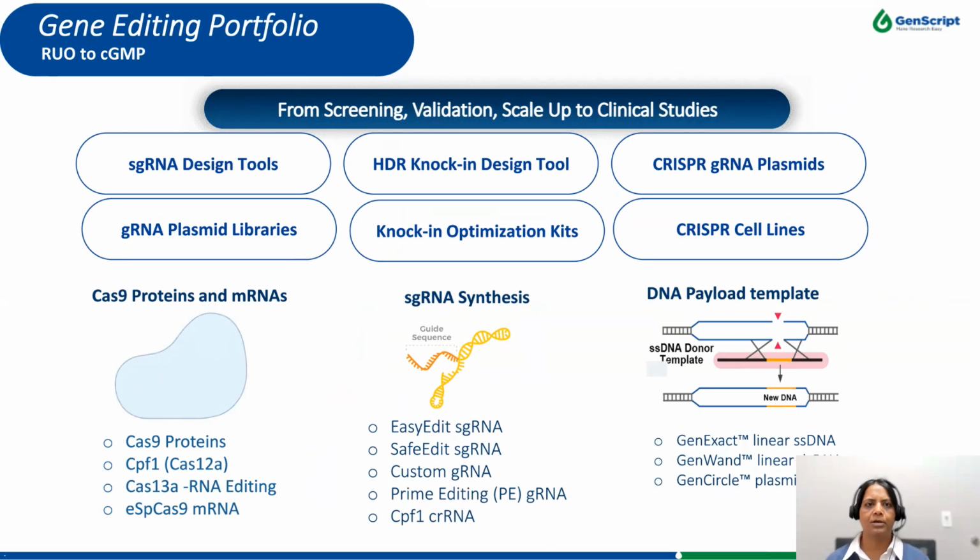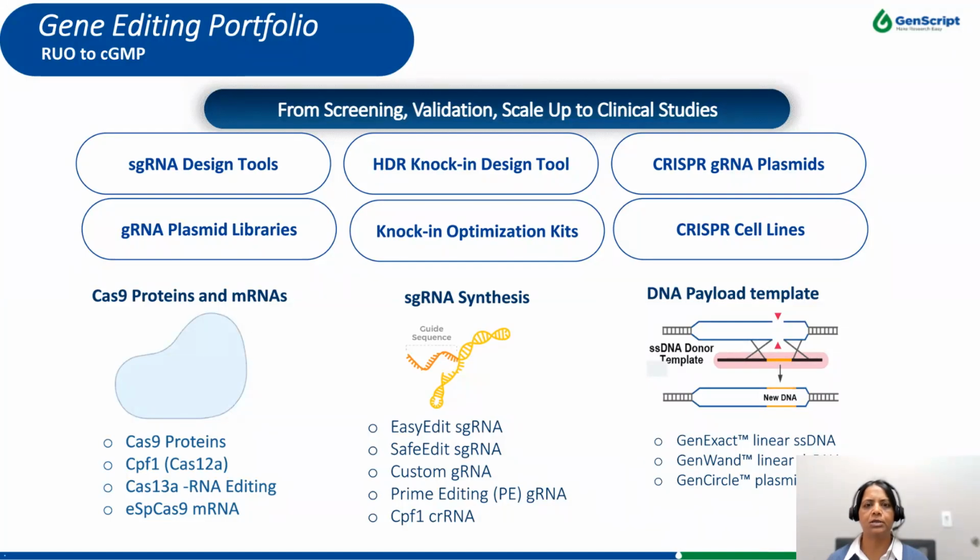As a leading provider of nucleic acid for CRISPR, GenScript offers a broad range of CRISPR solutions to support the various gene editing and therapeutic needs. Our gene editing portfolio is built to meet the expanding demand of cell and gene therapy. And here are some important reagents and services offered by GenScript, which include the sgRNA design tool as well